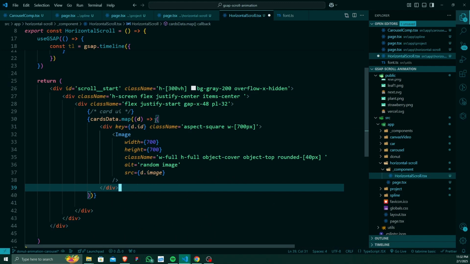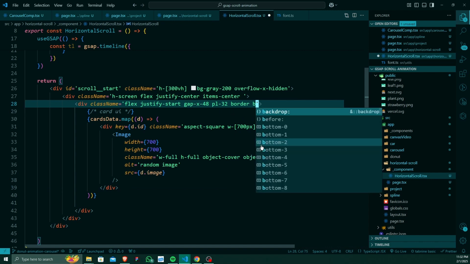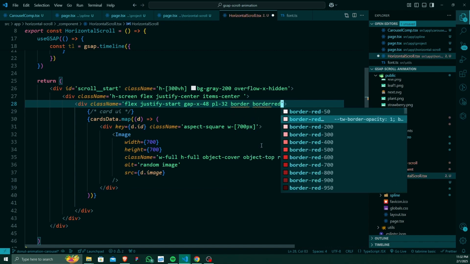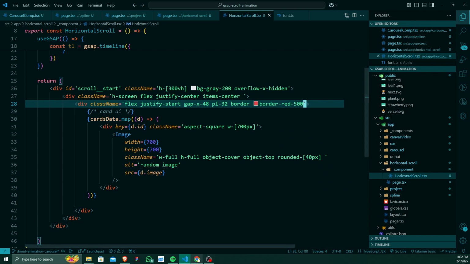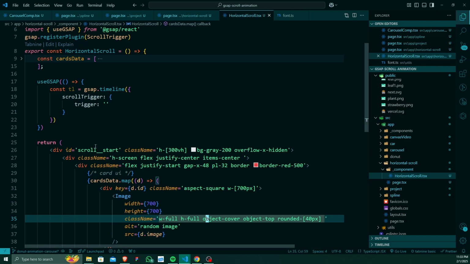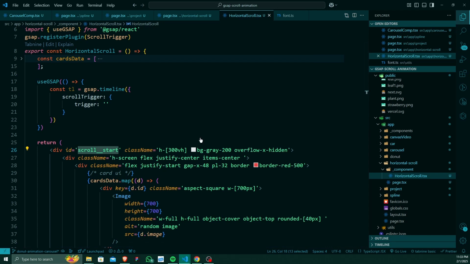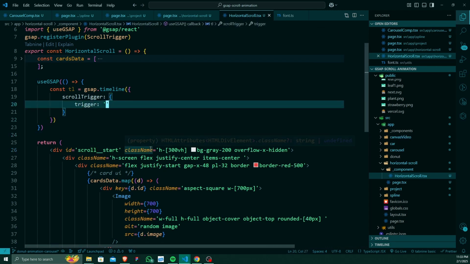To pin this section, firstly I will have to give a border, so that I'm pinning the right section. If I give it just like this, there will be a border in this section, so I'll have to pin this whole section so that it does not scroll when I scroll it horizontally. And our scroll animation will start from this div when it comes into the viewport. So for the trigger I will write hashtag, I will copy this ID and paste it right here,